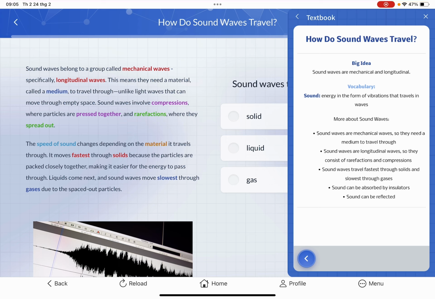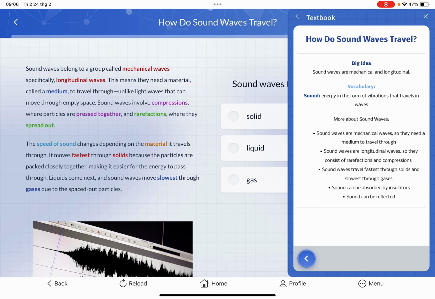It makes it easier for the energy to pass through, so it's faster to transfer the sound wave. Also, you can hear it louder. Why? You know that a solid has particles inside that are really close together. So when we're talking through a solid, the wave just passes through the particles very easily and very quickly because they're all packed together.